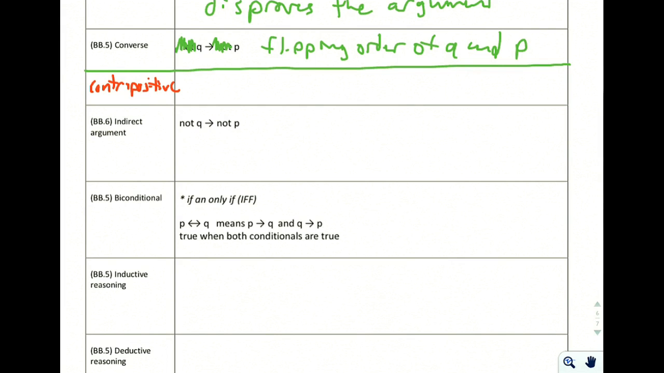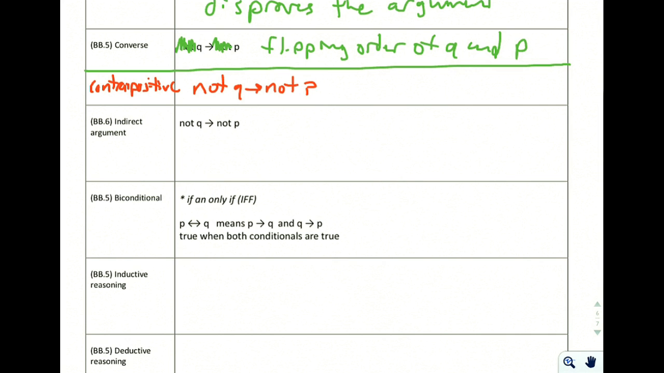C-O-N-T-R-A-P-O-S-I-T-I-V-E. Contrapositive. The contrapositive is the definition I originally had up here: not Q implies not P. Whenever you do that, it turns out that if the main statement is true, the contrapositive is always